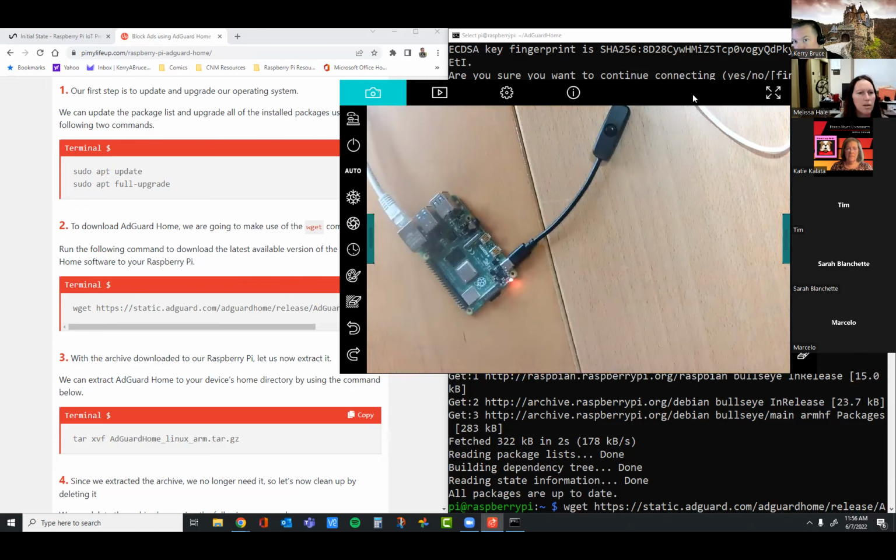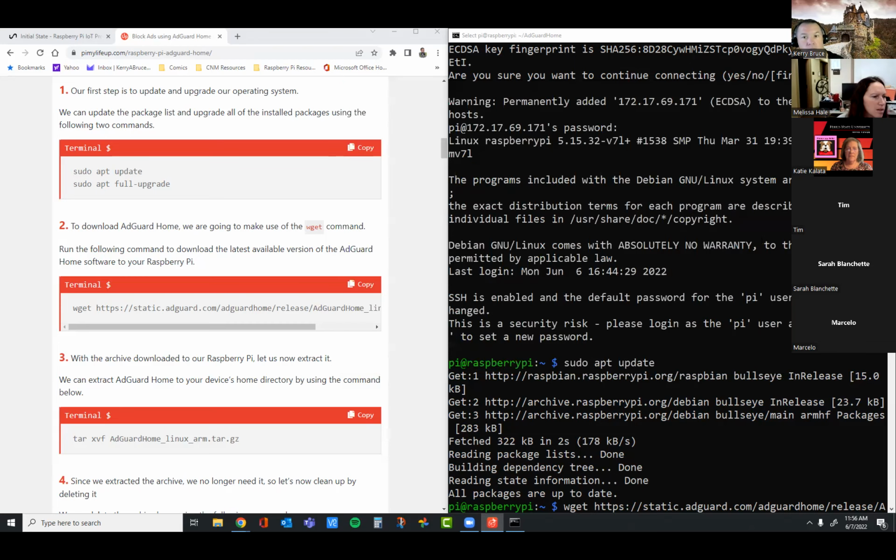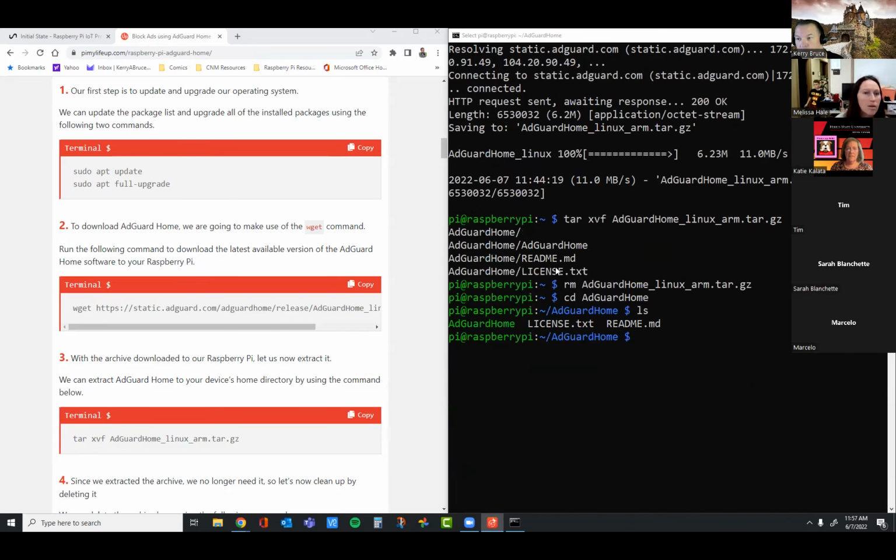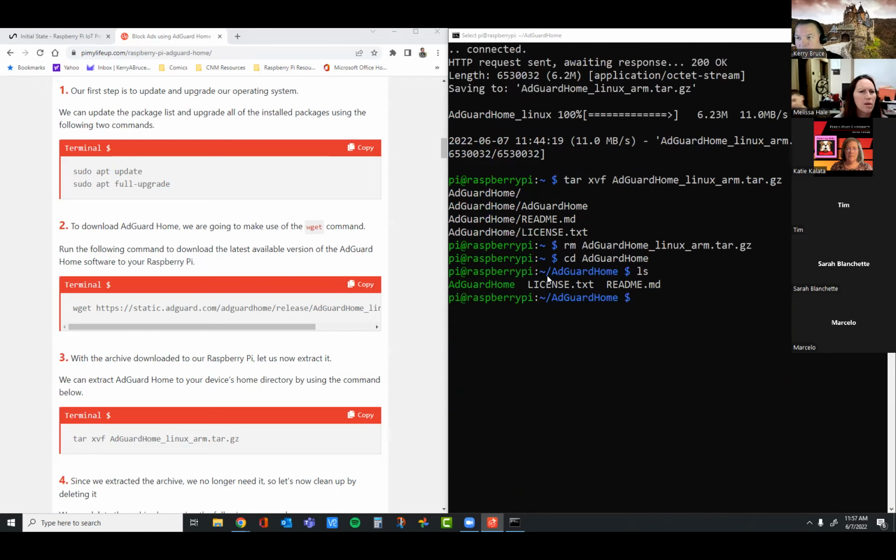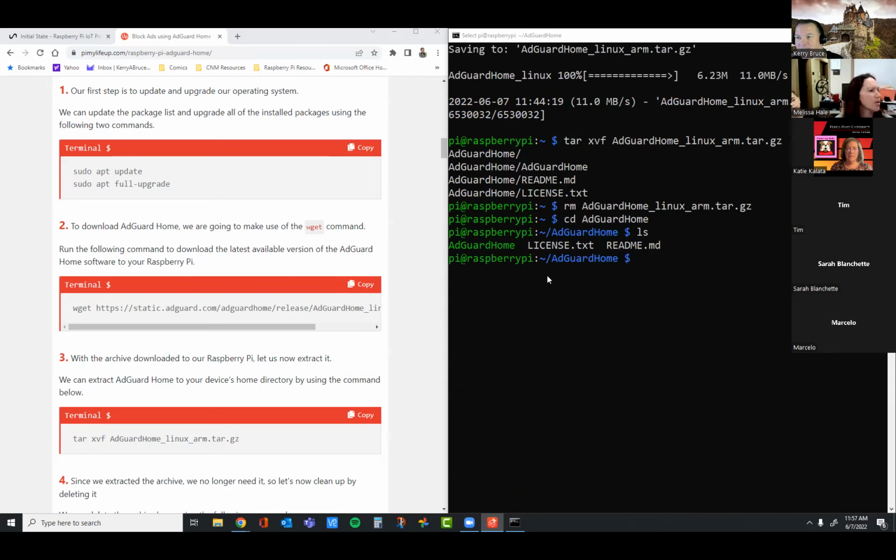It says SSH is not recognized. Oh. SSH pi at. What? There, I can actually share screen on this one if you want. I'm trying to think.